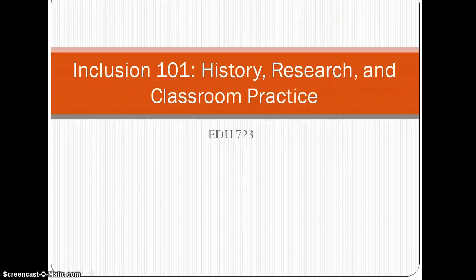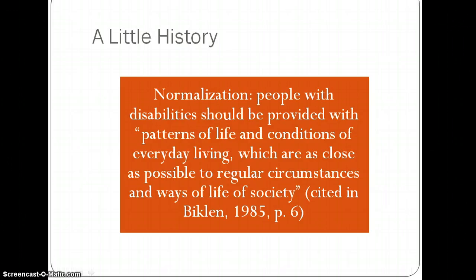This PowerPoint is designed to provide you with an overview of what this course is about and its main objectives. The move towards inclusive communities is born out of the normalization movement. Normalization was popularized during the 1970s and helped spur on the closing of large institutions for people with disabilities. The point of normalization is to adjust the environment as closely as possible to normal, not necessarily the person of focus. The aim of inclusive education is to provide an environment as close as possible to normal or typical.